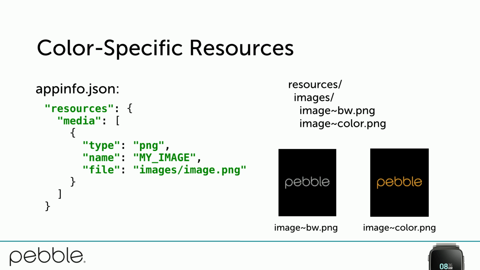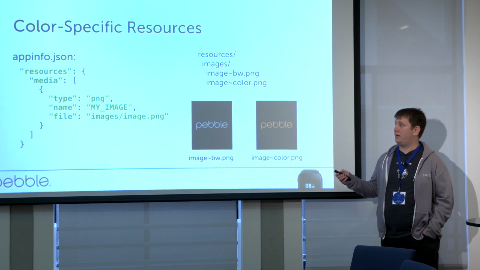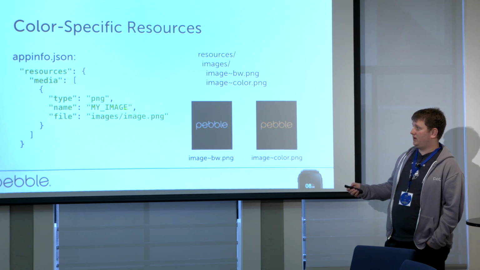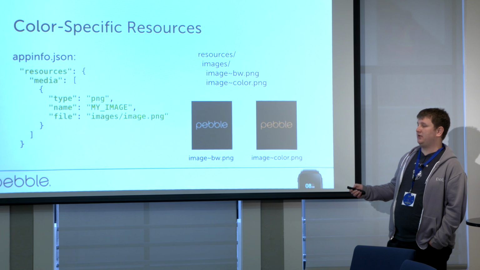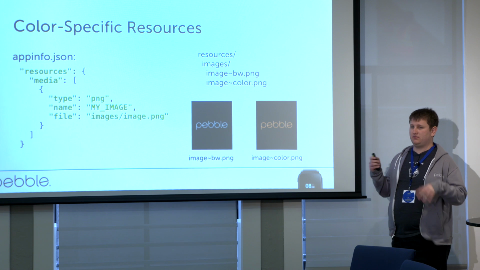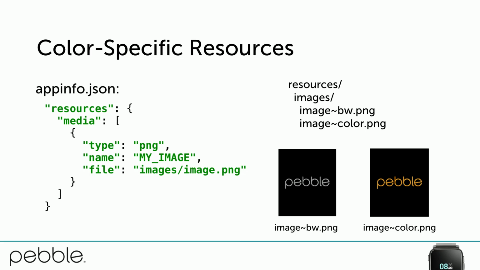We also have color-specific resource processing. Heiko mentioned this a little bit in his talk yesterday, that you have these tilde suffixes you can add to resources that you want to include in your app. In appinfo.json, you have a single entry for the resource file name without any tilde suffixes. And then the actual files as they exist in your file system should have these tilde suffixes to indicate different levels of color support. So we have BW for platforms that only support black and white, and color for platforms